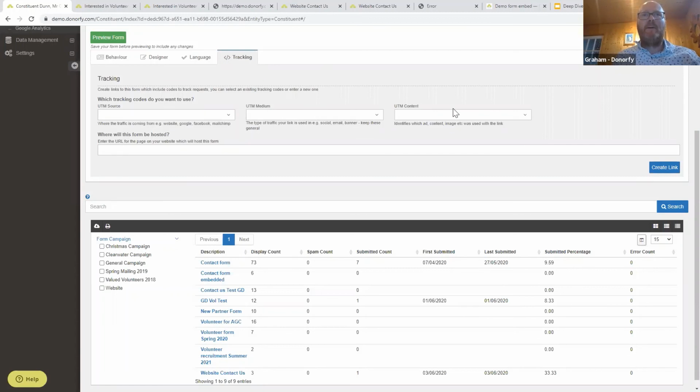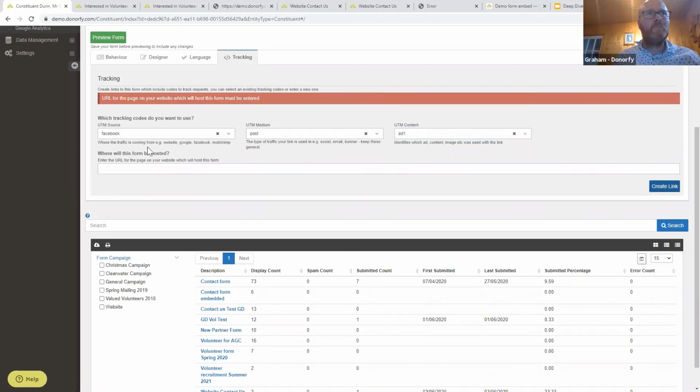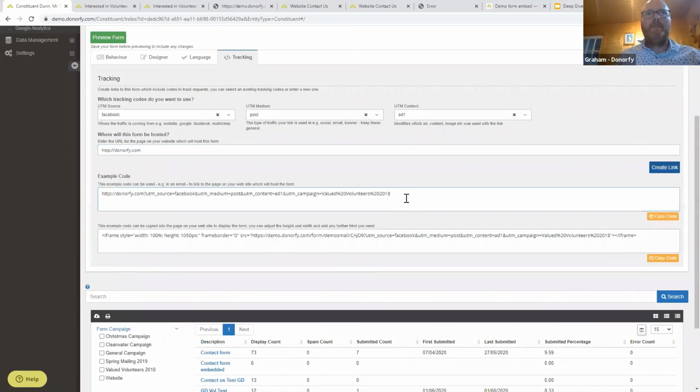And just to give you an example of this, you can select the source. So we might say, okay, it's a Facebook source. It's a post on Facebook. And it's an ad, basically. And then when we create that link, oh, sorry, where will this form be hosted? So you put in your organizational thing, and if we create a link, again, you would give this code,